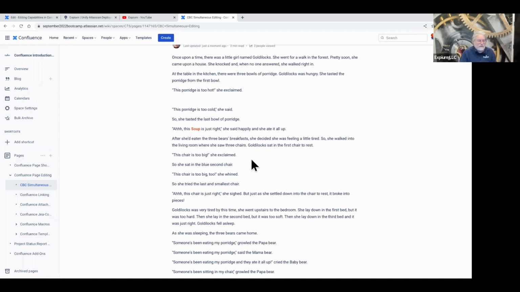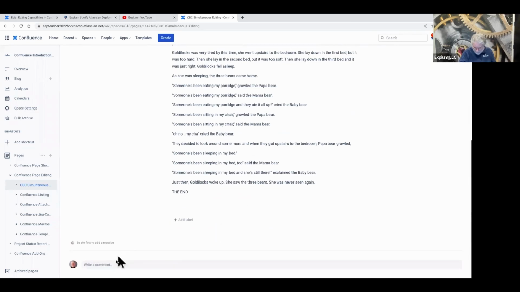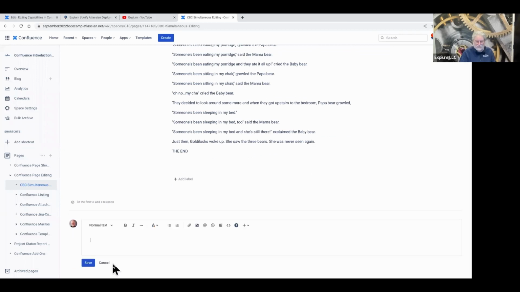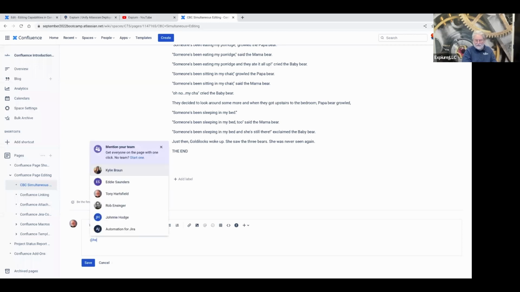The other thing that's useful in Confluence, and it is managed, by the way, by administration, so you can manage who can comment or not, but commenting is also a big part of Confluence as well. And there are two places that you can comment. One is at the bottom of a page itself. And so if you have observations or suggestions about the overall content of a page, I could say, Heather,